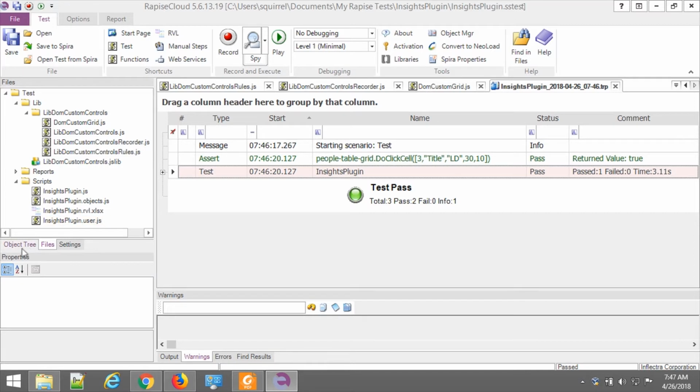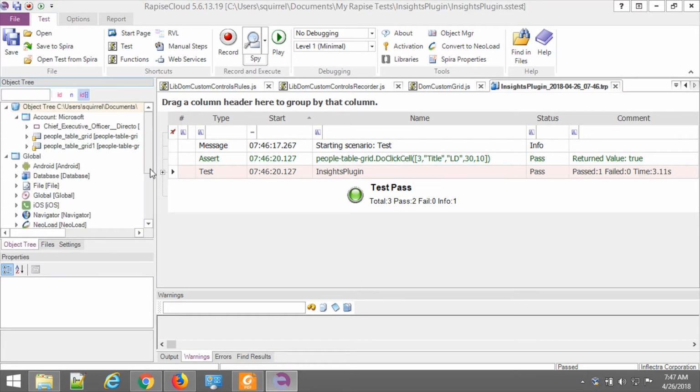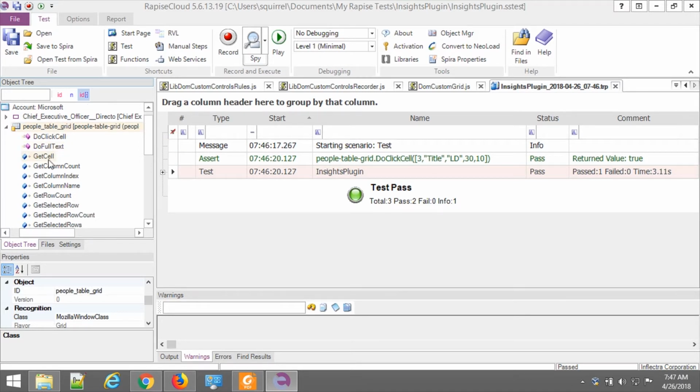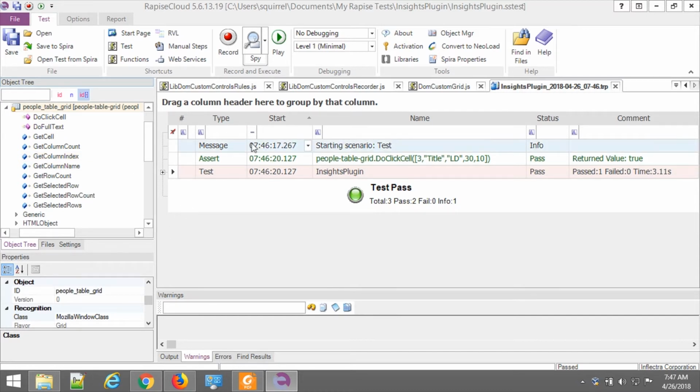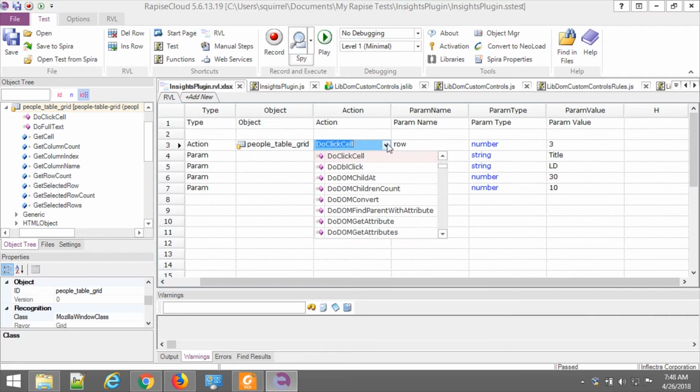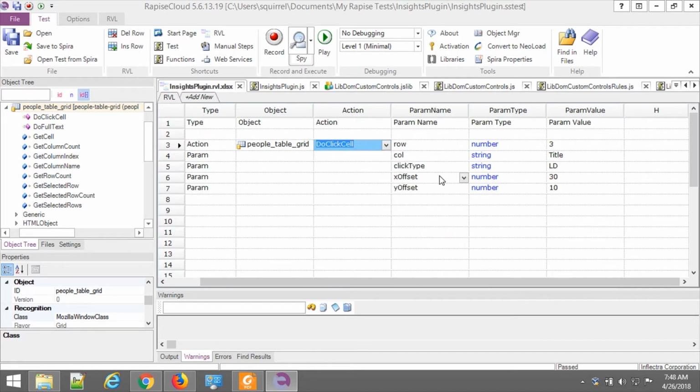And we added a control, and Rapise recognizes this control as any other control it supports by default. So it is shown in the object tree with an icon. You can expand it to see what actions can be applied and what properties can be read from this object. And also this object can be used in RVL. So you see it in the drop-down for object names. You see all the actions, and you can specify parameters. And what is most